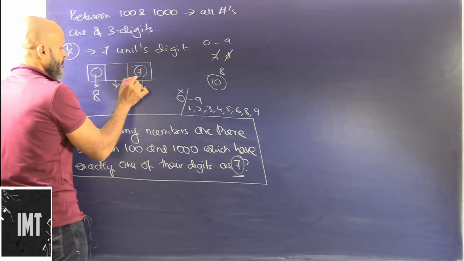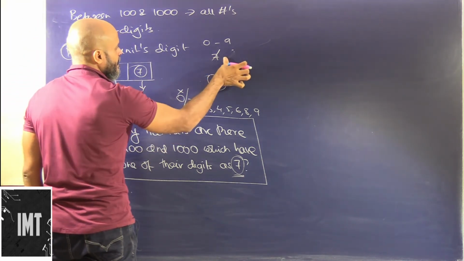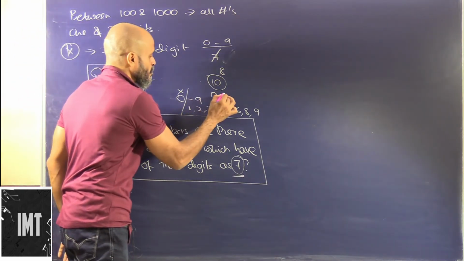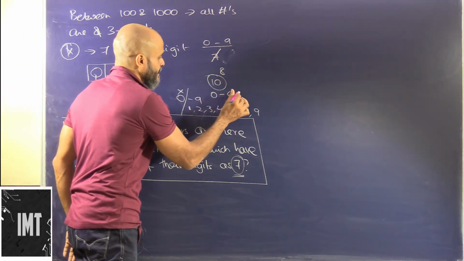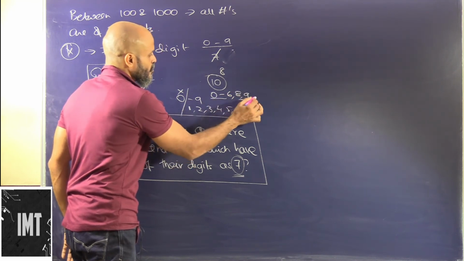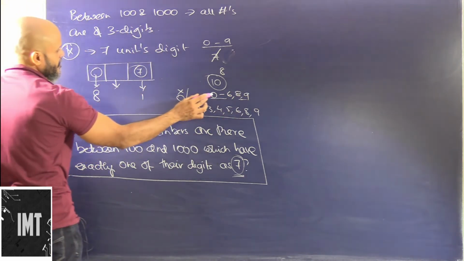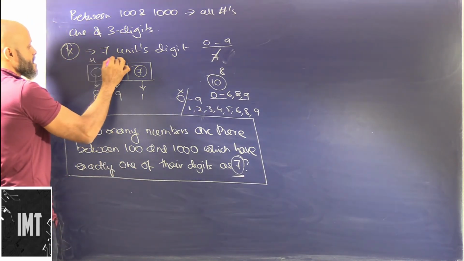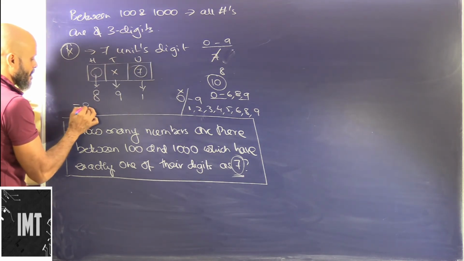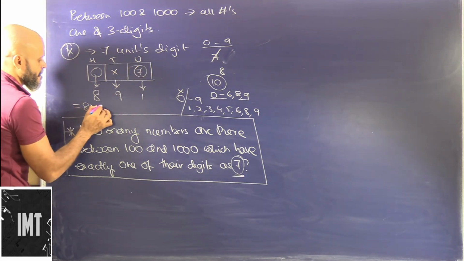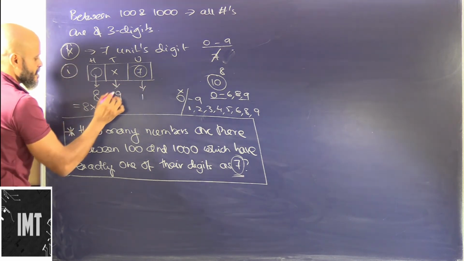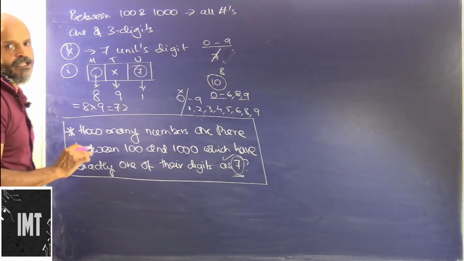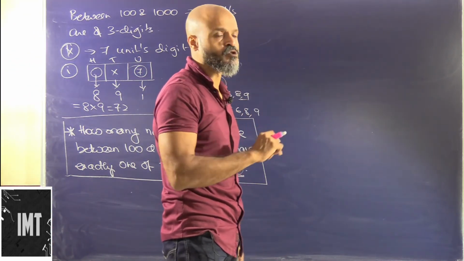So here we cannot use 7, but we can use any of these digits, that is 0 to 6, and then 8 and 9. So this will be basically 9 numbers, right? 9 numbers can be filled in the tens place. So the total number of combinations with 7 in the units place, that is the first case, will be 8 into 9, that is 72. Because we are told that exactly means 7 is used only once.